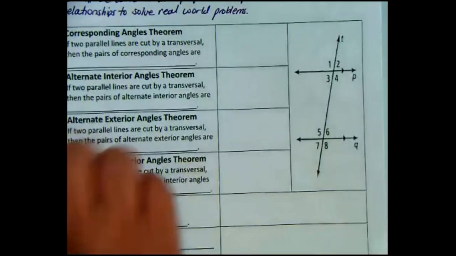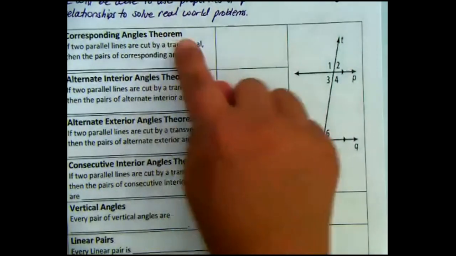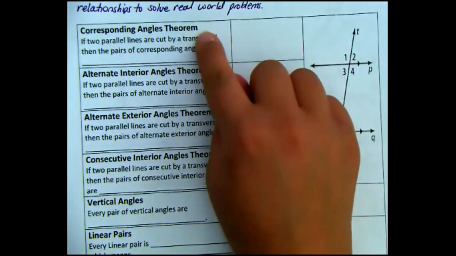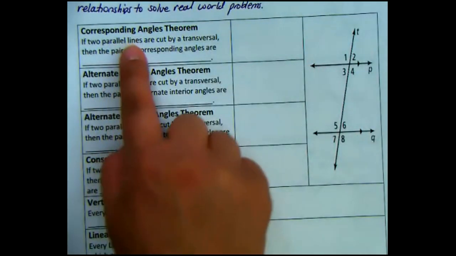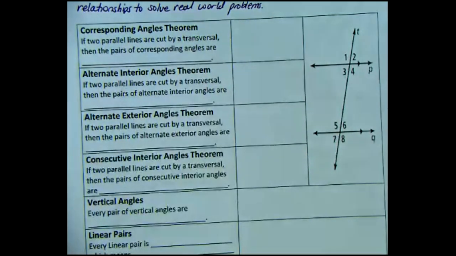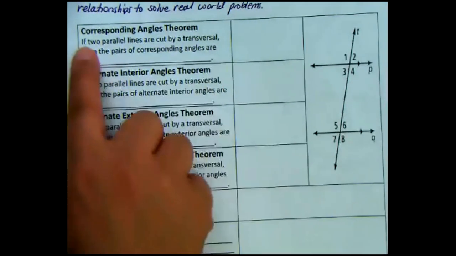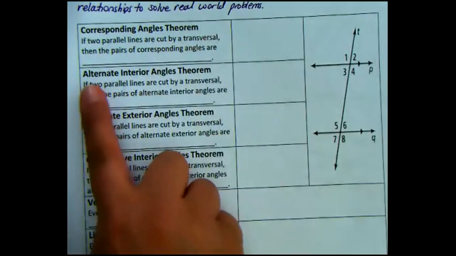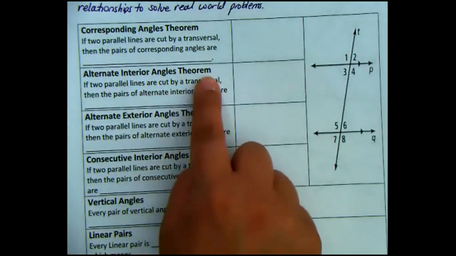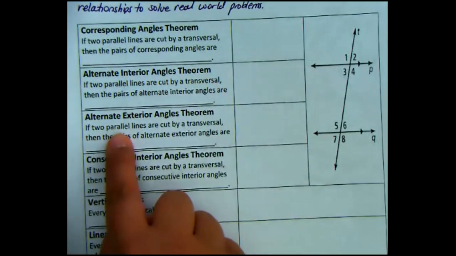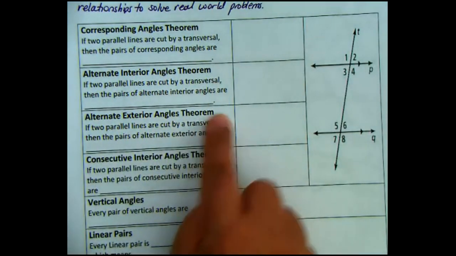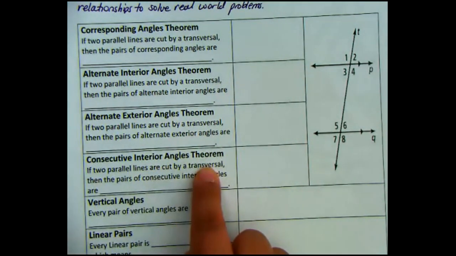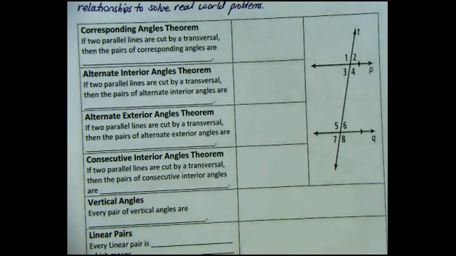Now, notice every single one of these theorems starts with "if two parallel lines are cut by a transversal." That is the very first part of every single one of these theorems. If two parallel lines are cut by a transversal. Okay, so this should communicate to you that